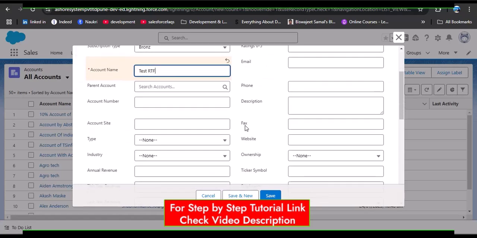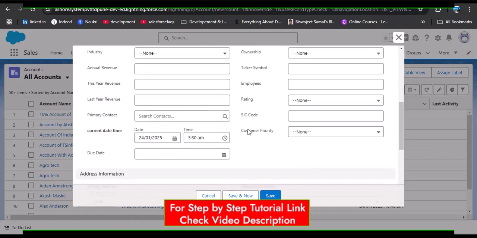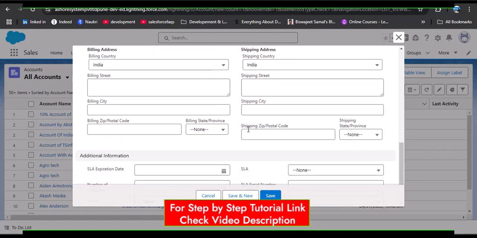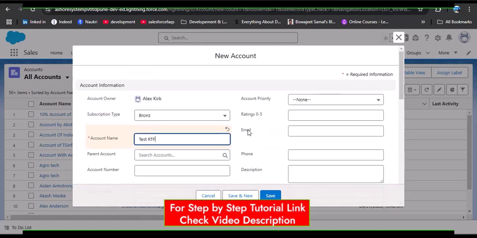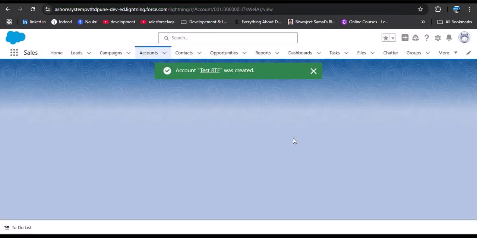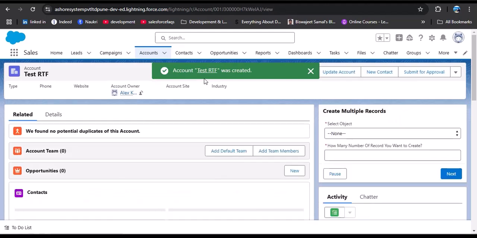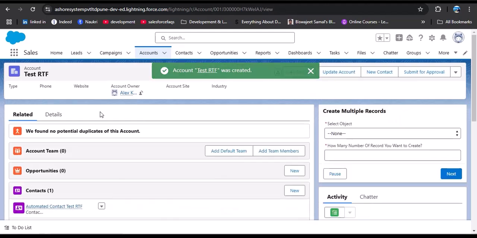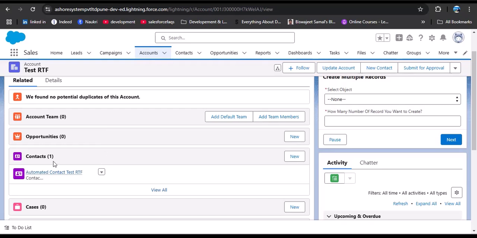Then which fields we need to fill? And then simply click on save. Our account is created with the test record trigger flow. Now as you scroll down, here you can see in the related tab the contact got created. As I open this contact,